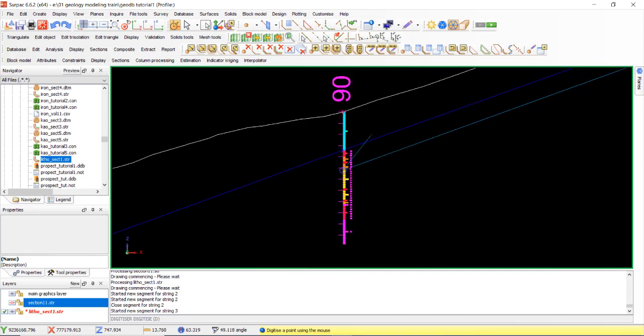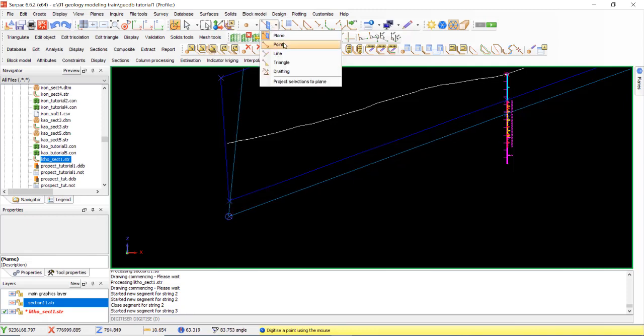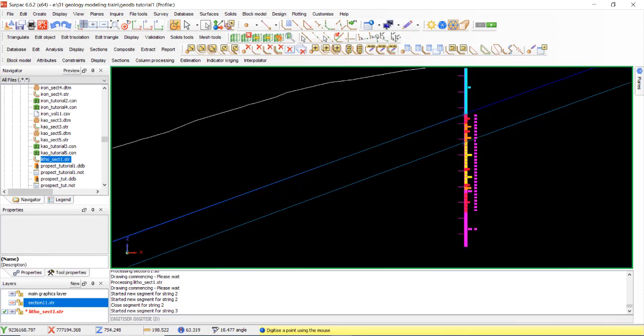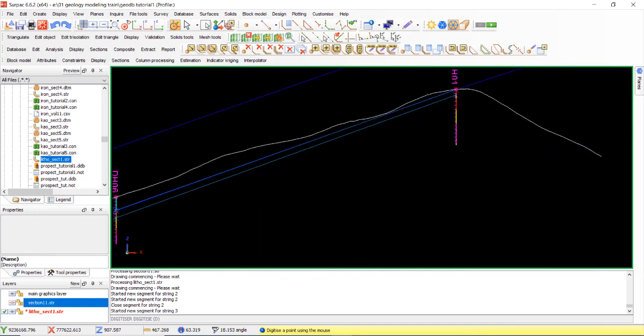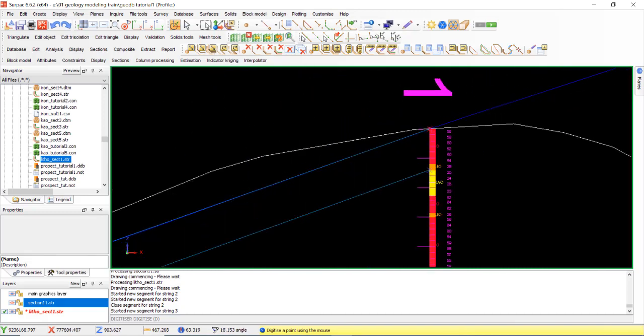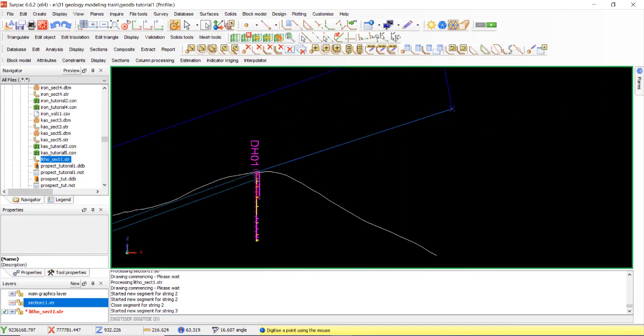Change to plane, minus 18. Okay, point. Still point. Point, change to plane.